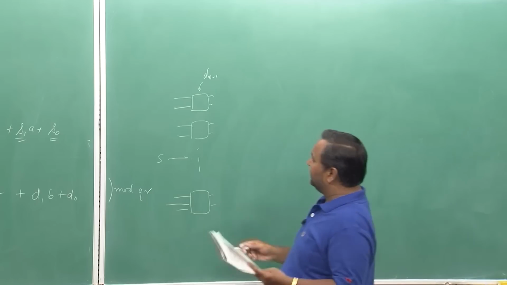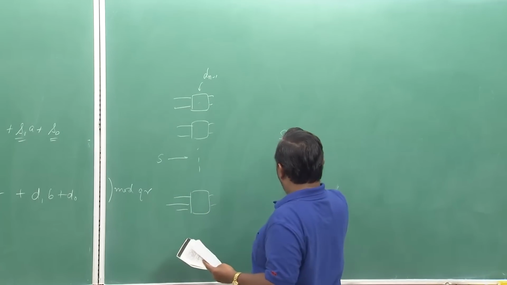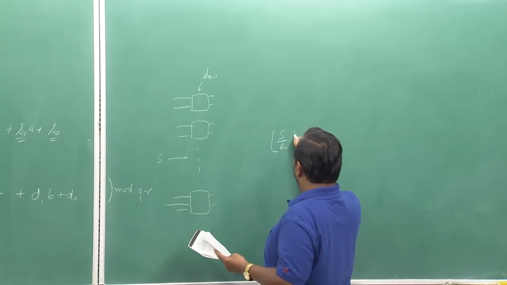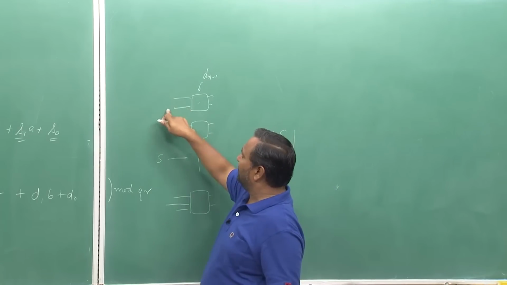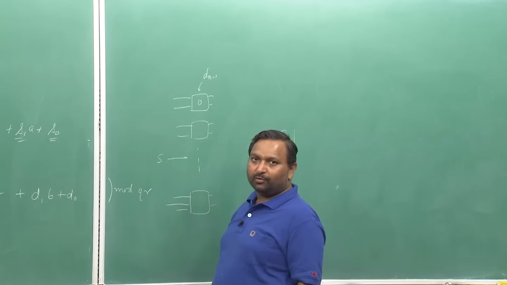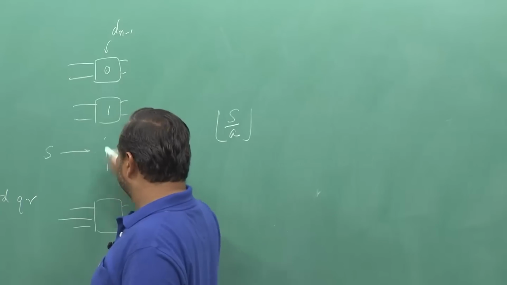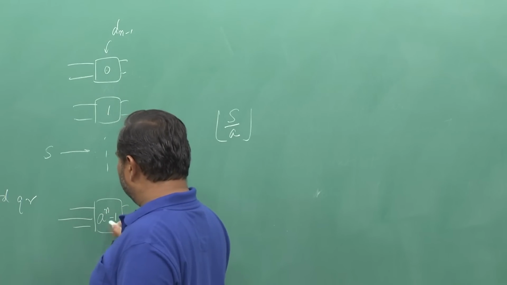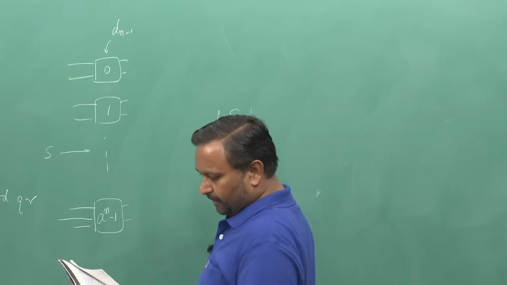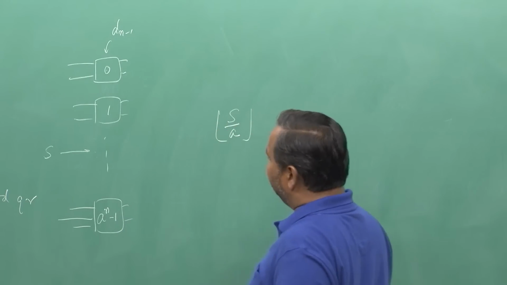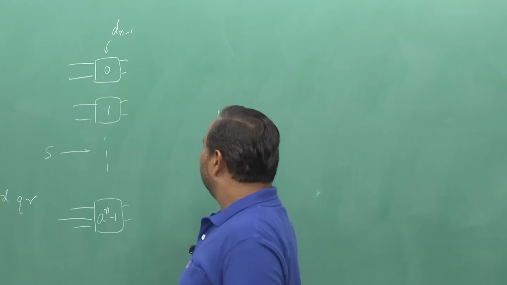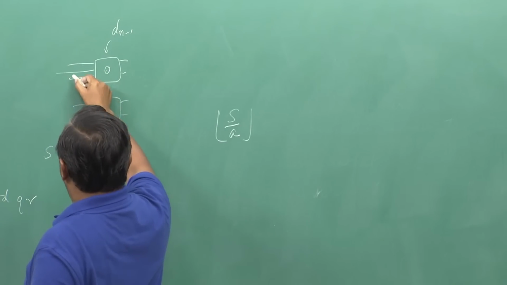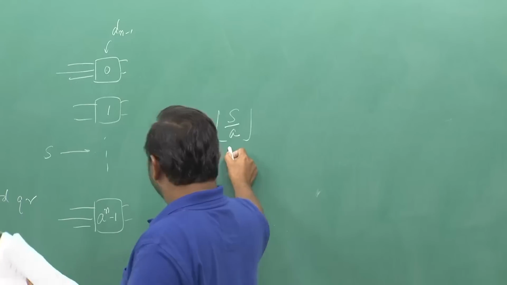So, this will be now connected to a switch which will be S by A, the lower floor function. So, if S has a value from 0 to A minus 1, it is connected to switch 0. So, I am counting from 0 the switch numbers, and this will be A raised power n minus 1 switches. Okay. So, when I divide by A, I will get the switch number. So, if S is say 2 and is less than A minus 1, it is connected to switch 0. So, this will give me the switch number